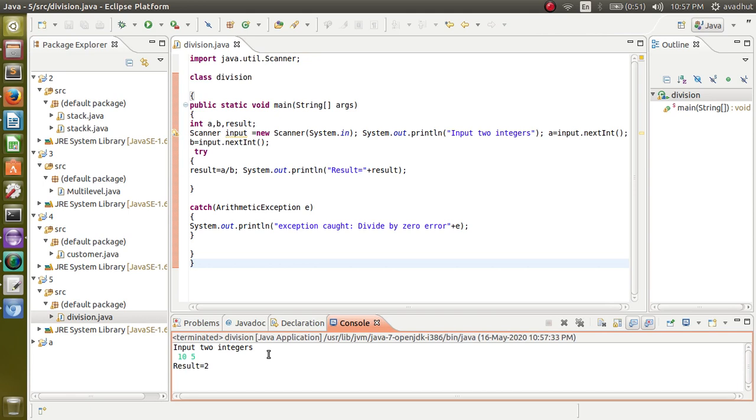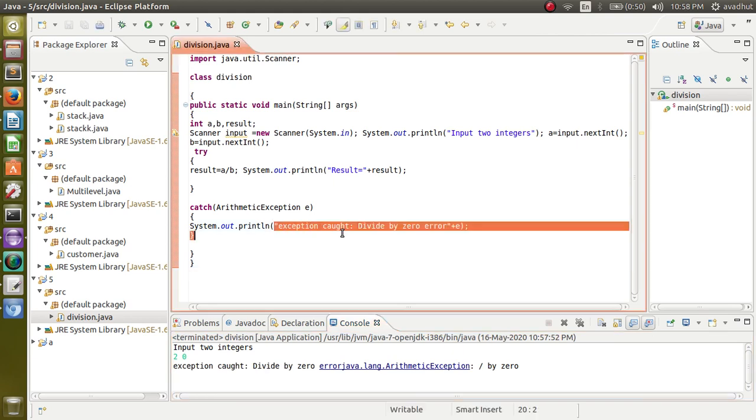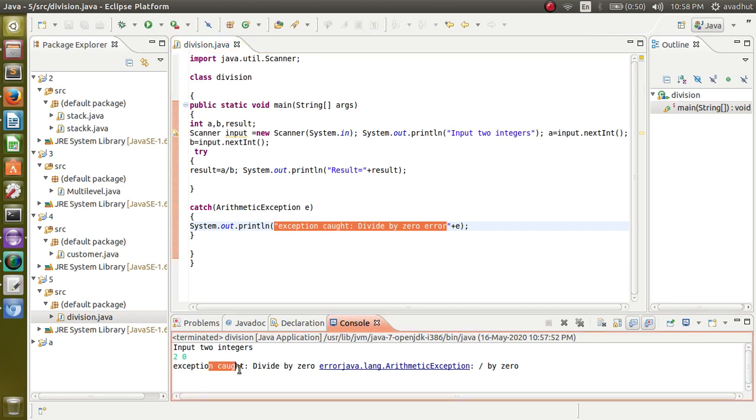What is 10 divided by 5? The result is 2. One more time, let us execute this where we have an exception. So we have 2, and 0 is the denominator. Yes, see here, if an exception is there, "exception caught, divided by 0" will be printed first. Yes, it is printing here. Followed by that we are printing the stack status.